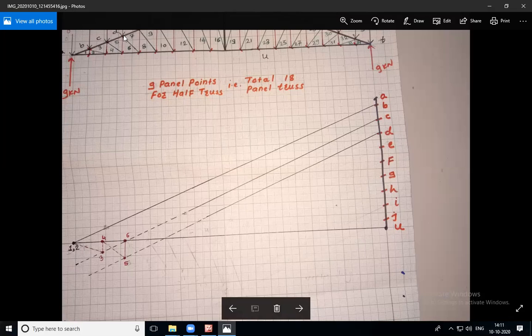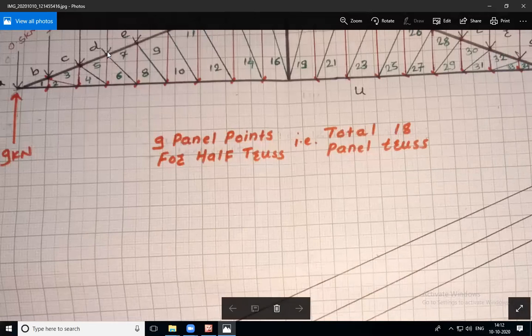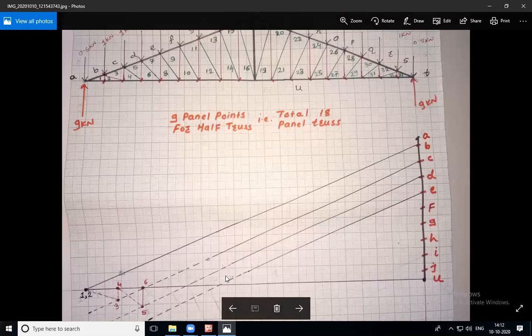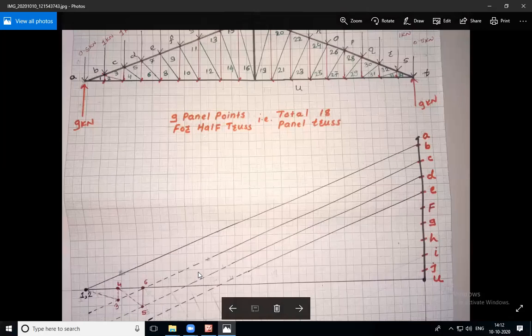Now analyze D. If you analyze D, you have a member E7, so there is one inclined line. Draw one line which is parallel to this E7 line starting from E in the vector diagram. So E is located here. Draw one line parallel to that E7 in this vector diagram. After drawing that line, our figure will somewhat look like this. E7.